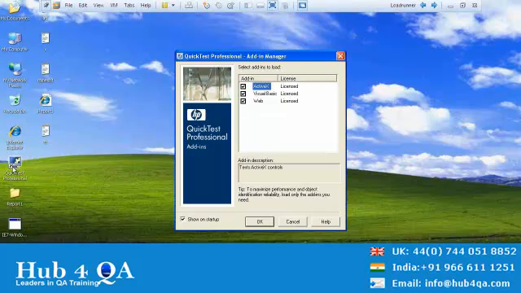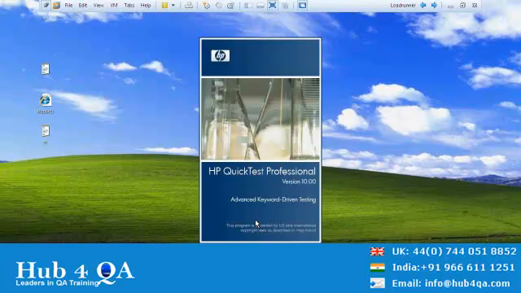As I said, this is the tool which is used to test the functionality for both web-based and Windows-based applications. You have three add-ins, one for web and one for testing the VB and ActiveX controls. If your requirement is to test web-based applications, you have to check the add-in Web. If your requirement is to test Visual Basic applications, then select the VB checkbox. And if your requirement is to test ActiveX controls, then check this checkbox. Depending on the requirement, select the checkboxes and click on OK. Here I'm just selecting all three checkboxes so that we can test the functionality for both web-based as well as